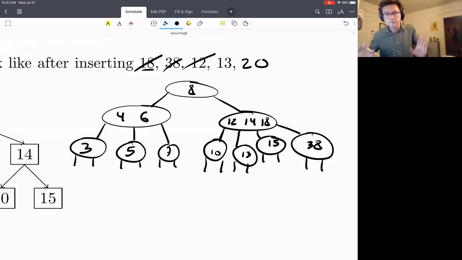Okay, notice that this still makes sense, that all of our binary search tree properties still hold. Everything is still in order. 10 is less than 12, so it's to the left. 13 is between 12 and 14, so it's in the middle of those 2. Okay, but what you may notice now is that this node is overstuffed. So what do we do? We do the same process. We take the middle element, which is 14. We push it up, which